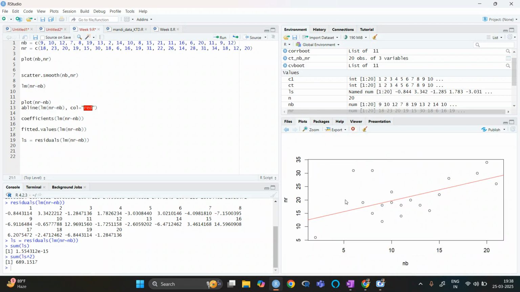From the plot also you can see the error is very high. It is way too far from here. There are very few points here. Also, whenever you have very small data, there is a high chance that you will get a big error, because you do not have enough points to fit this line.